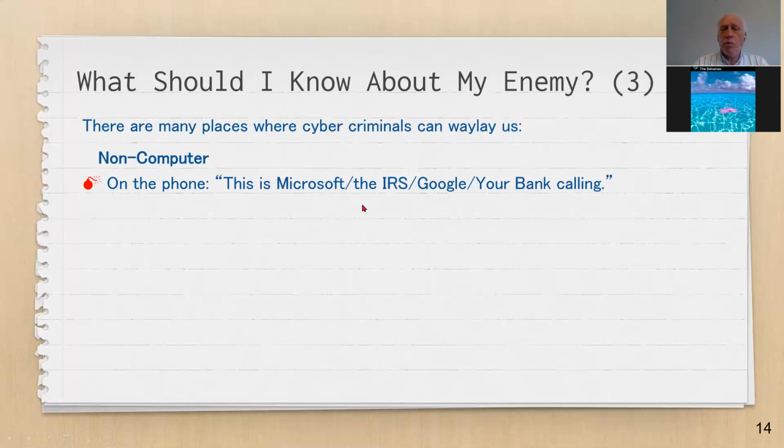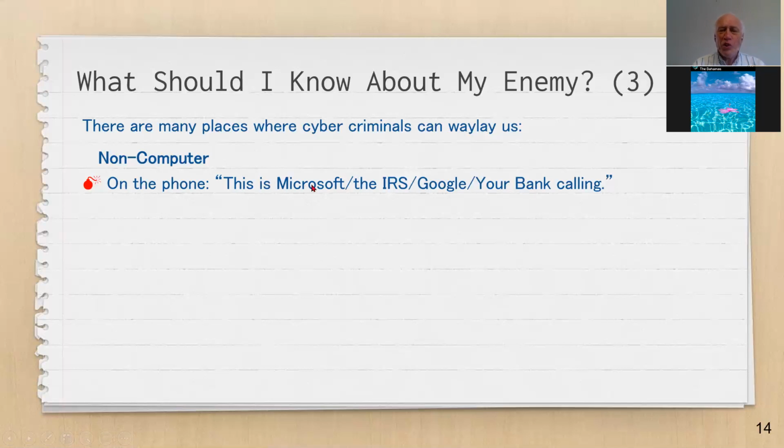First of all, Microsoft's not in the business of finding viruses and problems like that. They sell software. They sell Word and Excel and so forth. So they've got nothing to do with viruses any more than Kroger does. Obviously, if you got a phone call that says, hey, this is Kroger calling and we found a virus on your computer, you wouldn't believe them, right? Because it's kind of obvious that that's not what they do. They sell milk, right?